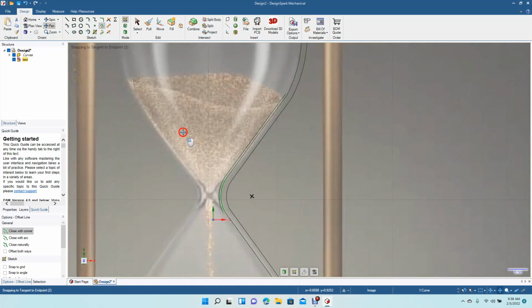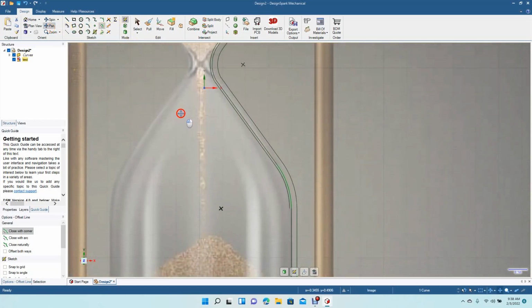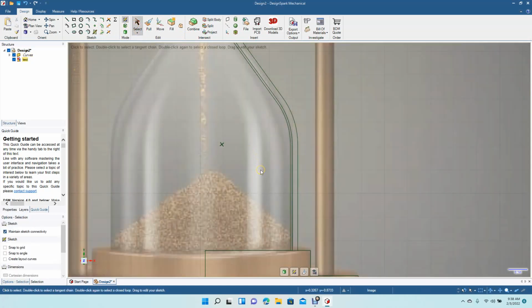Let's pan up. Grab our offset tool. 0.01. Let's pan up. Okay, get our offset tool, click off, offset tool, 0.01. Okay, this is going to be our